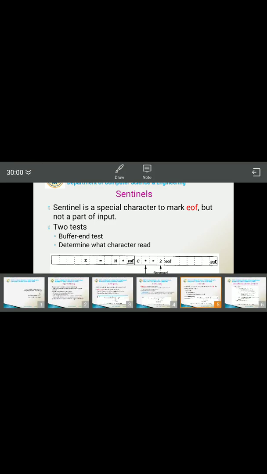Please understand here, the sentinel is just a special mark to say that it is the end of that buffer. Now consider that after reading the two EOFs here, in this case EOF is just the end of the input. Now just see how the lookahead code works. Whatever we have seen in the earlier slide is given in the form of code.